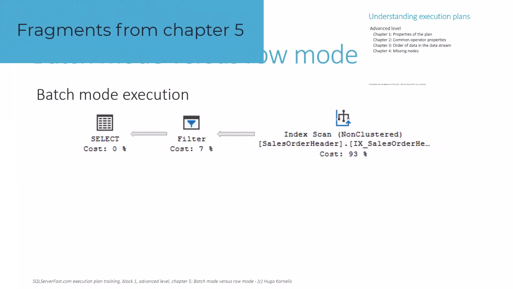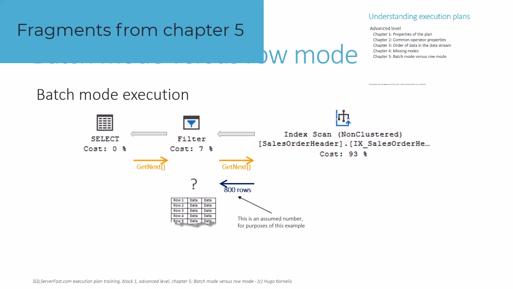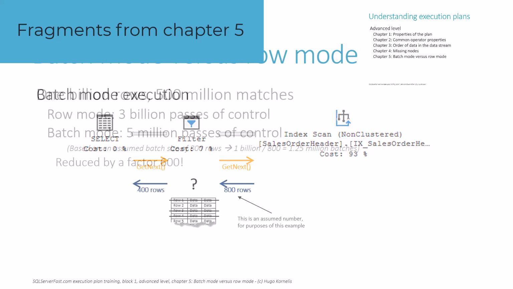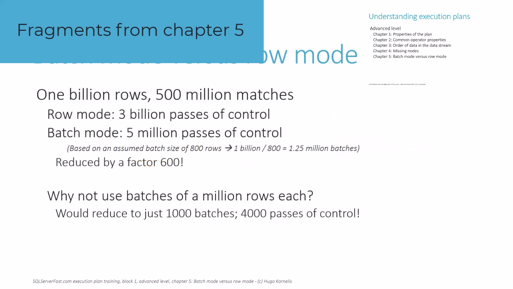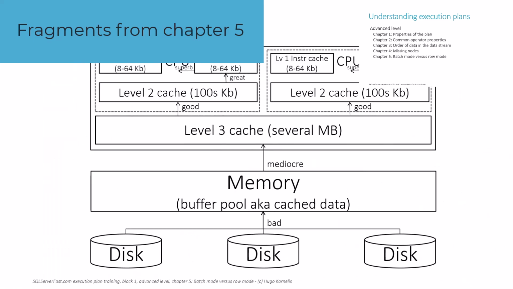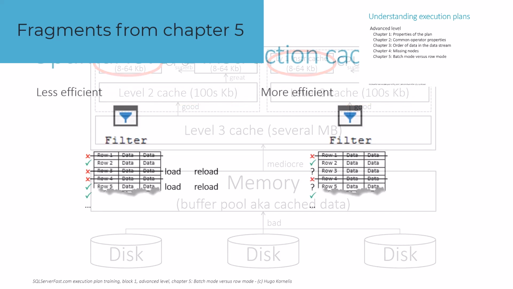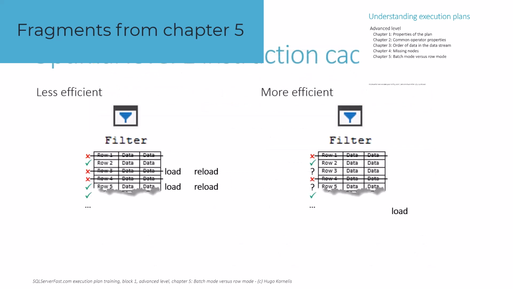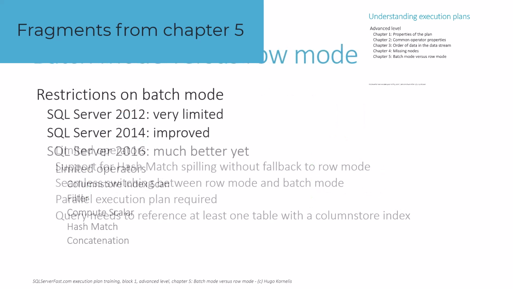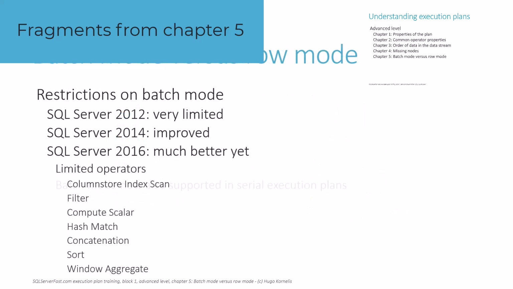The final chapter discusses batch mode execution. This is a special execution model introduced in SQL Server 2012 and significantly improved in later versions that is optimized for processing large amounts of data in minimal time. You will learn how details of microprocessor architecture are used to maximize throughput. And the chapter of course also gives an overview of improvements to batch processing in each next version of SQL Server.